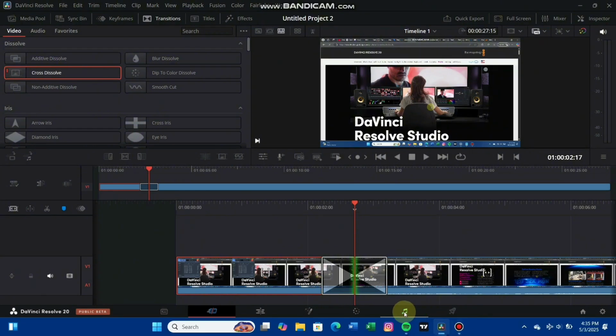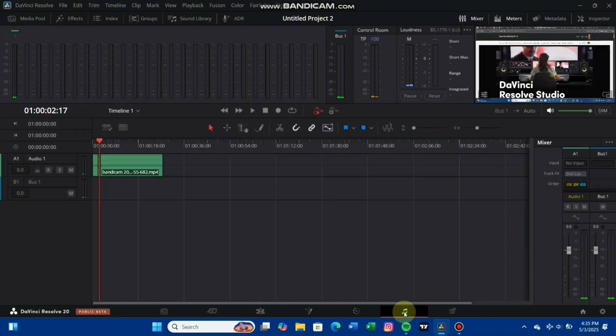advanced audio stuff. But if that sounds intimidating, don't worry. You can also adjust audio levels by clicking on the audio part of the clip. Then simply drag the line up and down. You can also add fade-ins and fade-outs by dragging these little white handles at the start or end of your